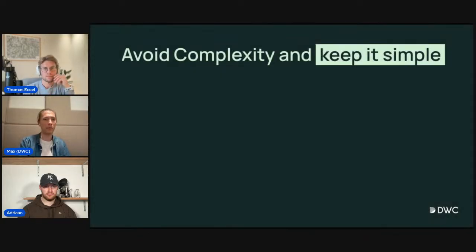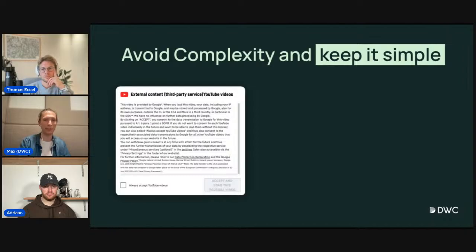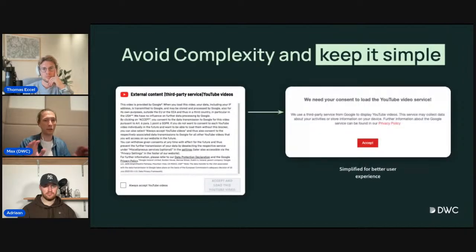Yeah, same thing here. Avoid complexity, keep it simple. These are two examples from two customers, and you can clearly see who has the more expensive legal department, because on the left side, there's basically a huge text explaining every little technical and legal detail, highlighting specific laws and regulations, while the banner on the right side just says, here could be a YouTube video, you could see more information about the product. You haven't accepted in the first place, which is fine, but